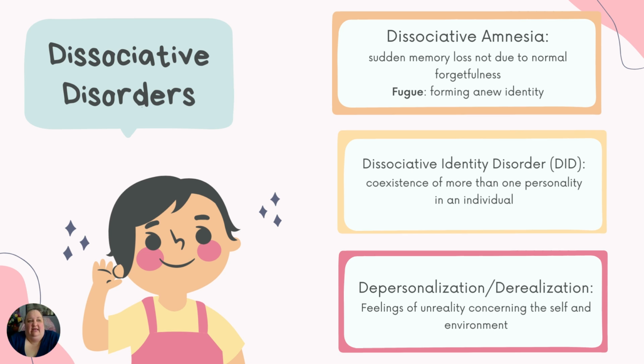It can also have a fugue state, which is forming basically a whole new identity. You literally dissociate from who you are. There's also dissociative identity disorder, or multiple personalities, DID. That's the coexistence of more than one personality in an individual. Generally, the multiple personalities are not aware of each other except for the main personality that controls all of the rest. Generally this happens from severe trauma,